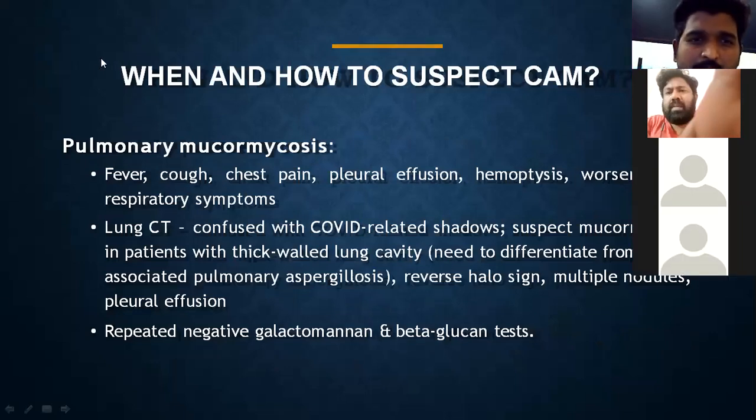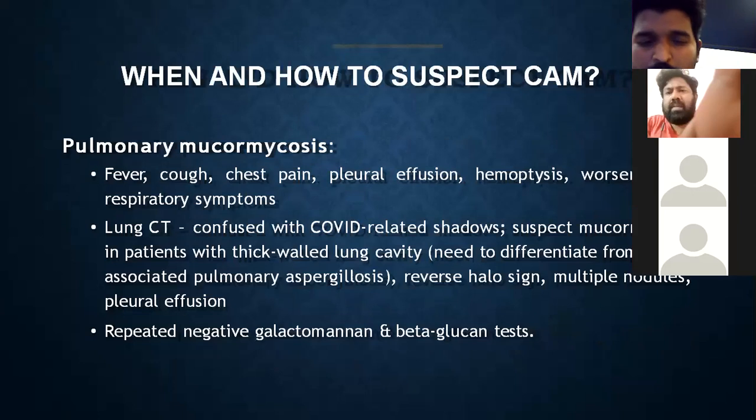But this is the common symptom you see in any patients. But what is very typical of mucormycosis is that the patient worsens very rapidly, and it's totally unpredictable, and the sputum color is very typical. It's like necrotic material. The sputum will be brownish to black in color, and this was the classical description usually given by patients with pulmonary mucormycosis.